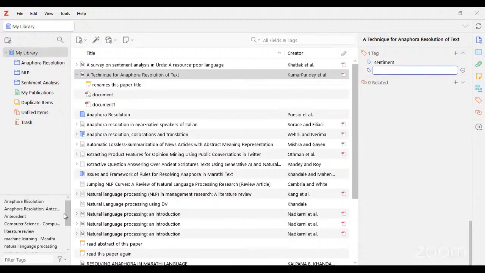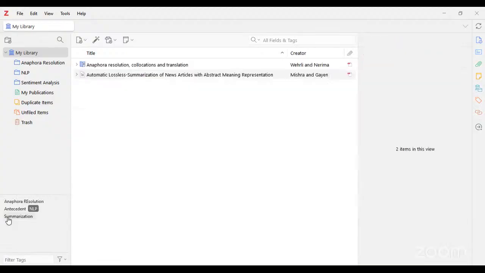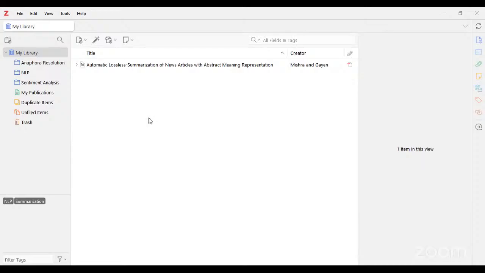You can see here all the tags of the paper present over here. So suppose I click here NLP. You can see here only the NLP keyword papers. After that, suppose I click on summarization. So I have only one paper of summarization in my library.